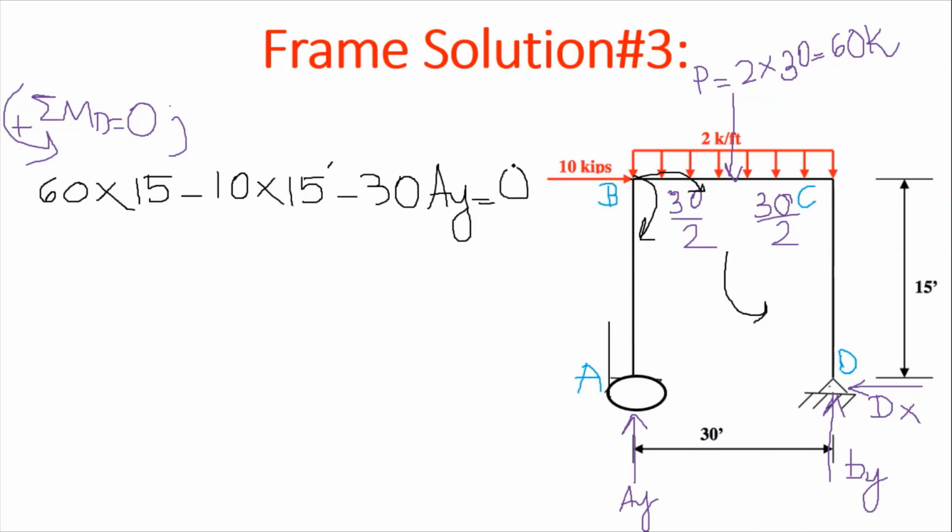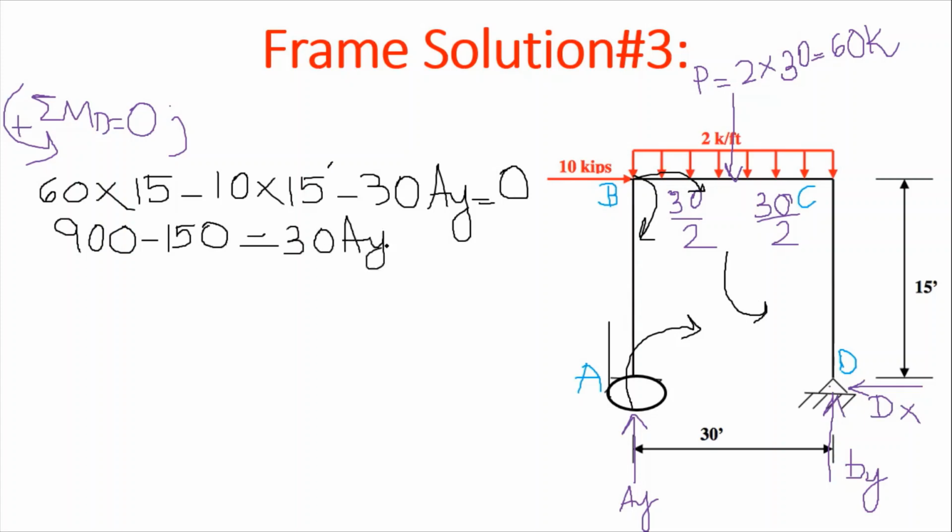If you are confused about its direction, let me rotate it like this. So its rotation is opposite to this direction. So it is clockwise, and clockwise we are taking as negative. And its direction is positive, and its direction is negative. So we have to multiply 60 into 15, and it is coming out to be 900. It will be 150 when we multiply 15 into 10. And this will be 30 AY.